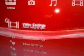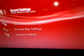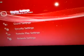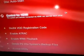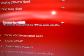After you're done, you need to go to system settings, then go to Control for HDMI and turn it on. Okay. Then you need to put down your PS3 controller and take your Samsung TV controller, I mean remote, and then you need to press